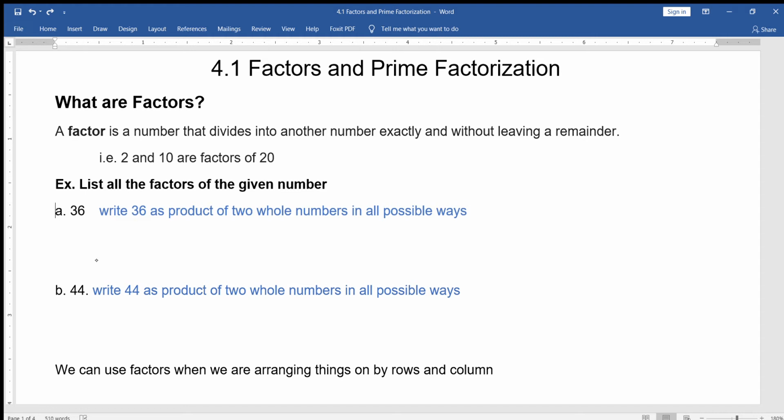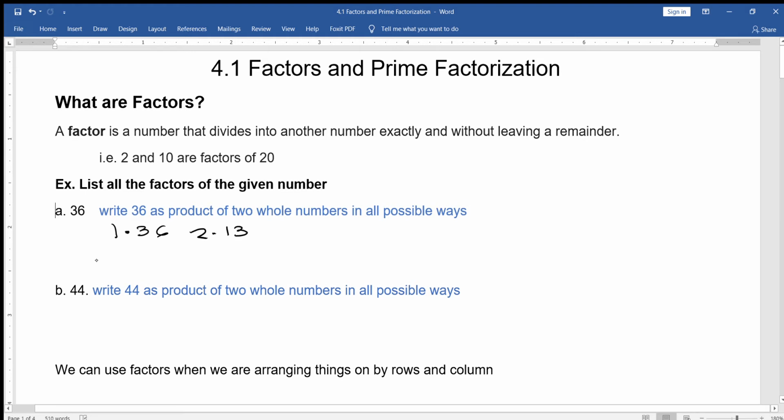36. We want to list all the factors of the given number. First of all, let's have the easiest: two whole numbers that multiply. If you multiply them, you get 36. You'll get 1 times 36. Then the next one is